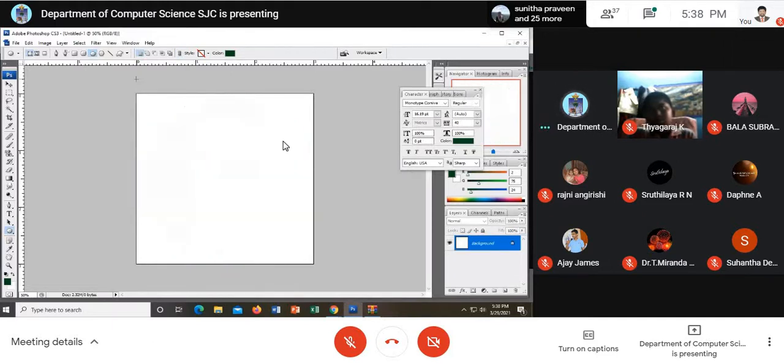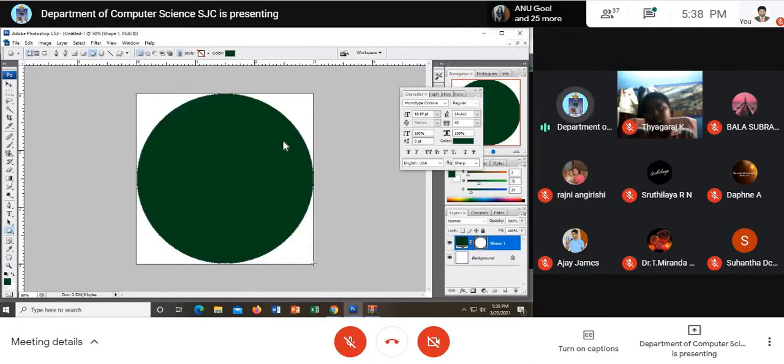Once again, I shall make it. Look here. I take this elliptic shape, keep it in this corner, and draw from the corner, making sure it touches upon all the sides. Okay, fine. Now I see one round I have created. I want to copy another round and create it within this. This is darker. I want to have a lighter color.